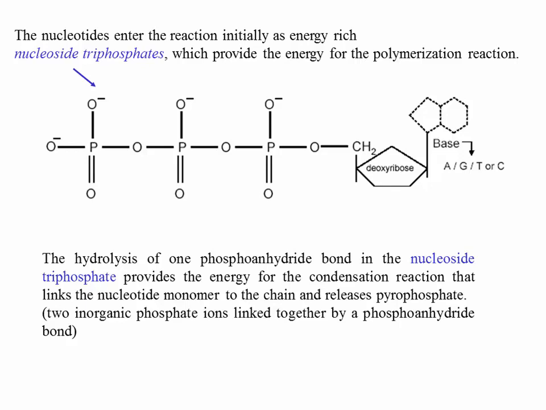So first, this bond here is broken. Then you have the monophosphate here that gets attached. The phosphodiester bond is formed here, and then you have pyrophosphate, two inorganic phosphate ions linked together. Again, this has a high energy bond here. Then this is also hydrolyzed to produce two inorganic phosphate ions. So in the process, you've made the process basically irreversible, because you don't want the chain to fall apart as soon as it is formed. The energetics are such that you have made an unfavorable reaction go through and made it irreversible. That's how the chain is going to grow.